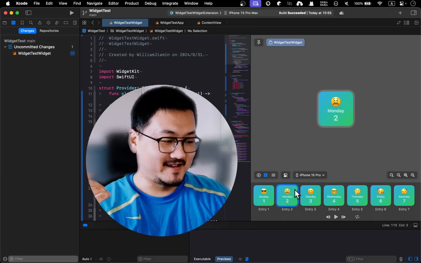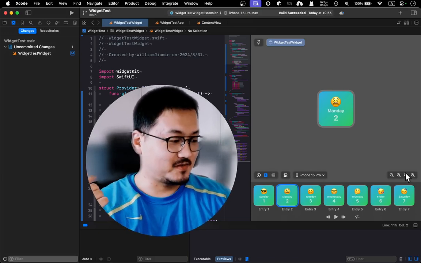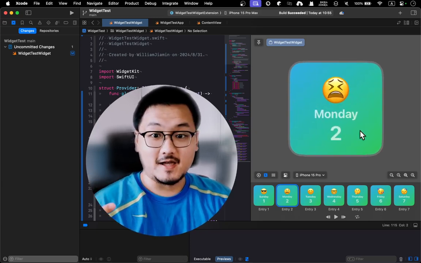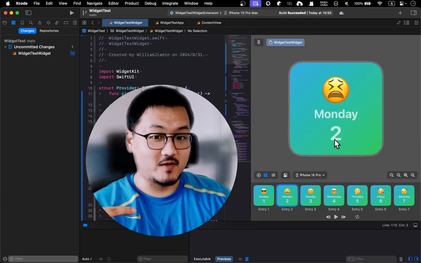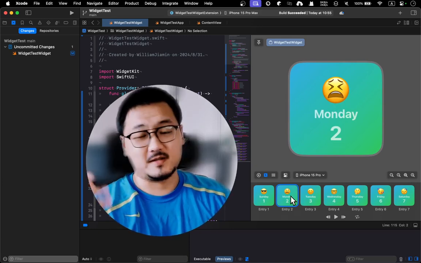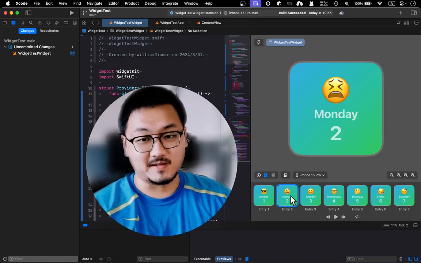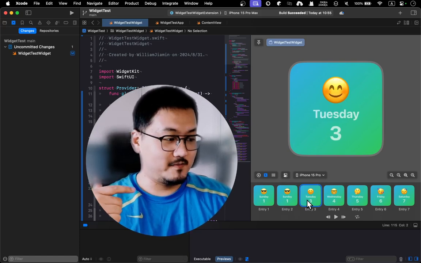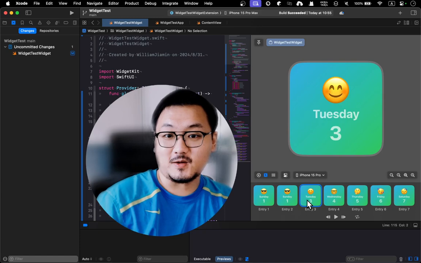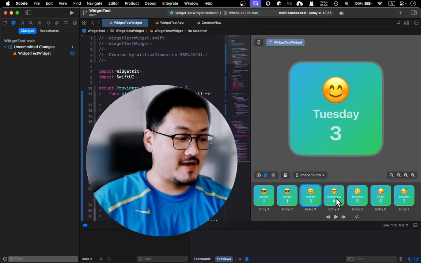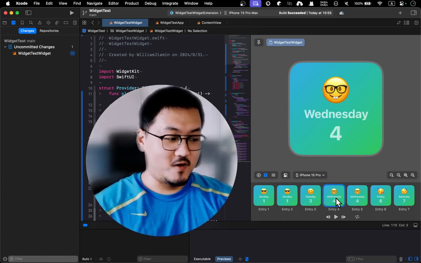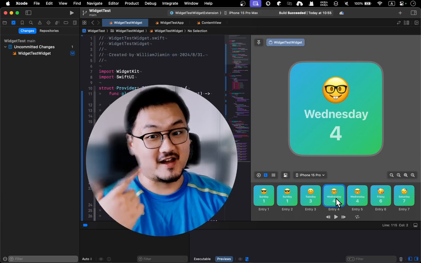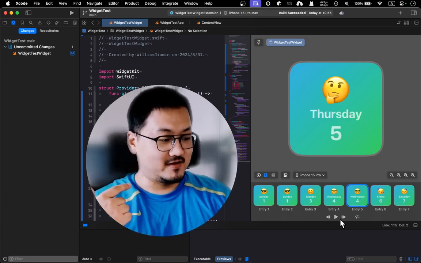Let's go back to Monday. Okay, it's Monday here. Let me make it bigger so you guys can see more clearly. So go Monday, and the date also changed, by the way. Again Monday, and I know I hate Monday because you start to work. Okay, and then Tuesday, better, just go with the flow, and then Wednesday, well, nerd day. Okay, so you start to smile, and then maybe